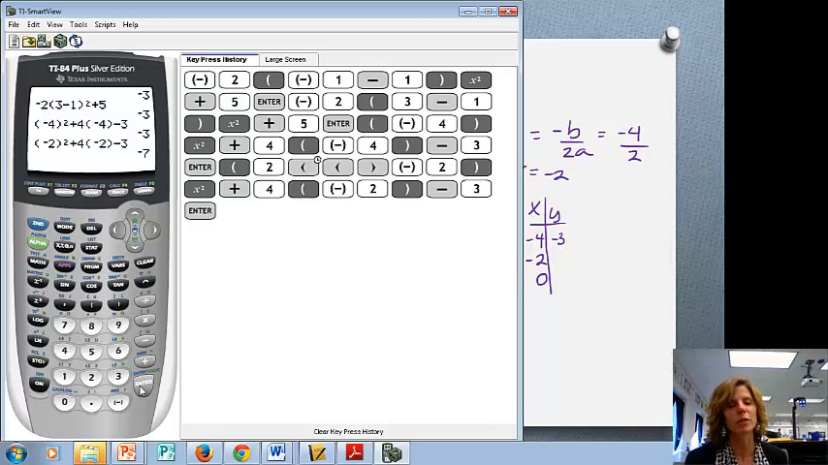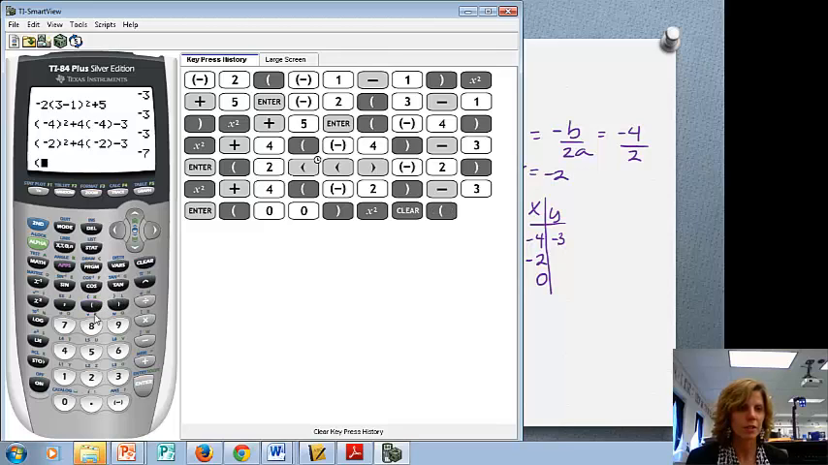I just can't switch screens right now. And then I also am going to do (0)², and notice, whoops, I don't really need 2 zeros there. Let's try that one again. How about just 0,